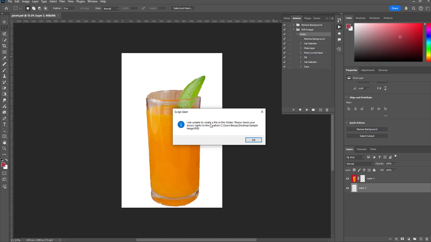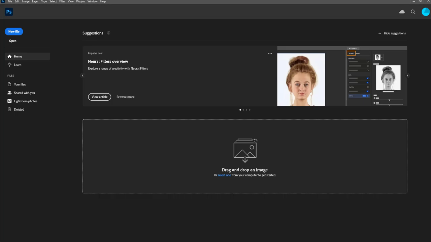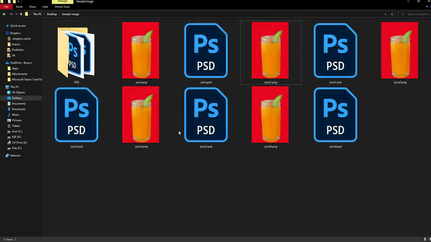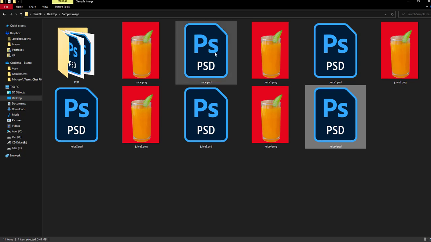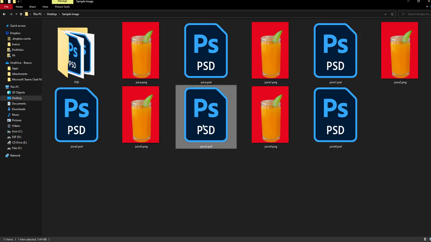I am unable to create a file in this folder. Okay, just click OK. Okay, and then we check it. So as you can see, it creates 5 PSD files.